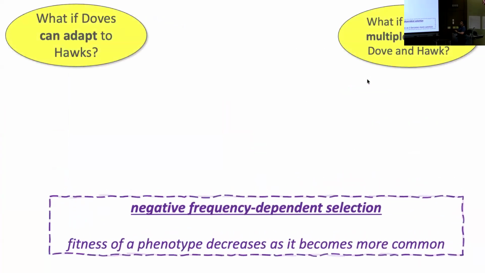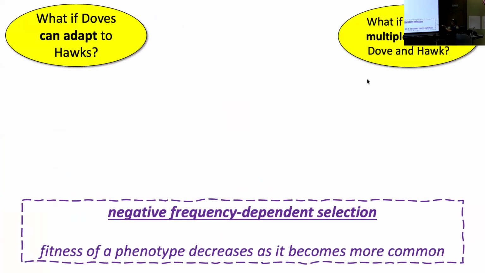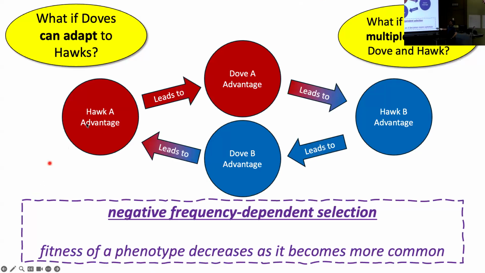Okay, so this is the general process. Imagine negative frequency dependence. What if doves can adapt to hawks? That means that if you see a bunch of hawks, you could decide to be a dove, and likewise if there are multiple types of dove and hawk. So the idea here, you can imagine whenever the hawk has an advantage, then that will eventually lead to